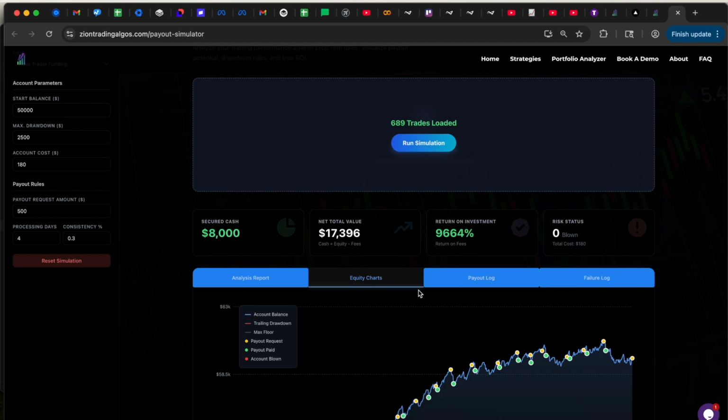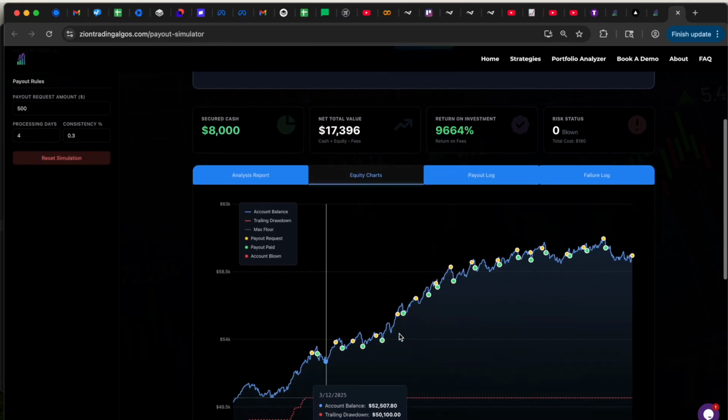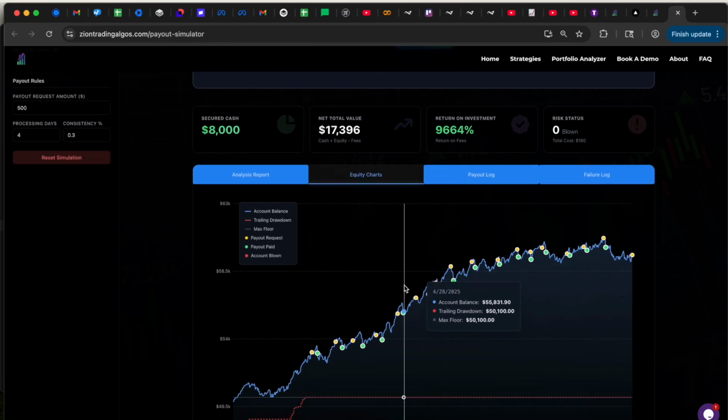So the reason why this ROI here is so high, it's 9,664%, which is absolutely insane. The reason why the ROI is so high is that the accounts are lasting you much longer, as opposed to using aggressive sizing. You're going in with 3, 4, 5 contracts, blowing the account multiple times per week, and having to reset and start over again. Our entire approach here is slow and steady. Let the account last so that you have a chance of pulling out money long term, as opposed to burning